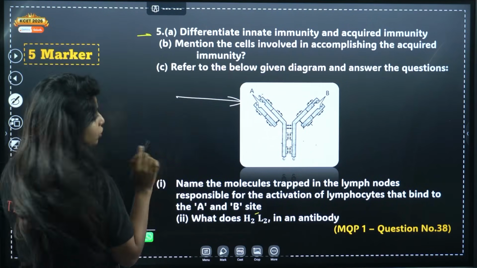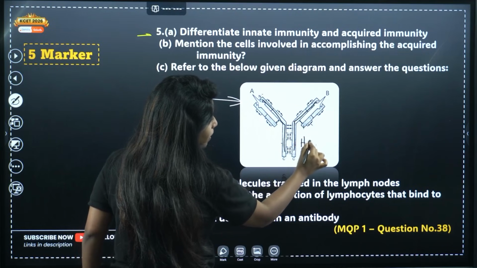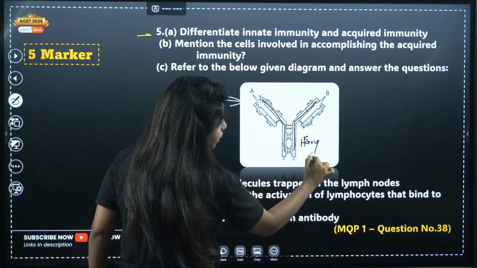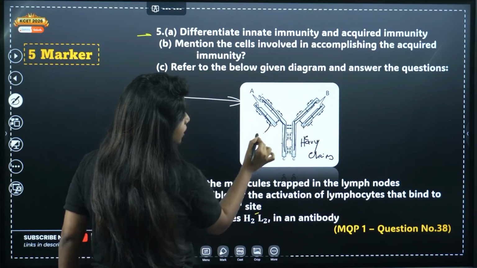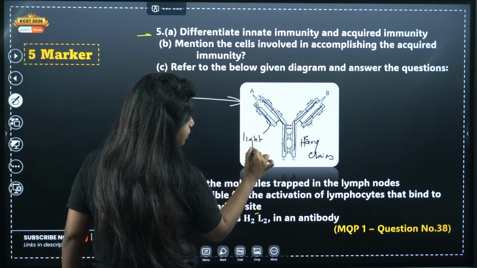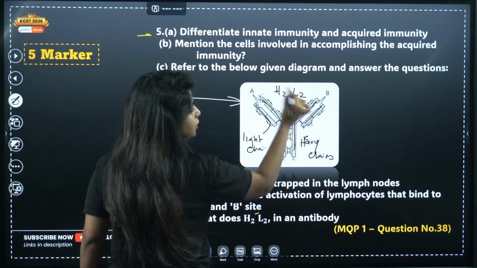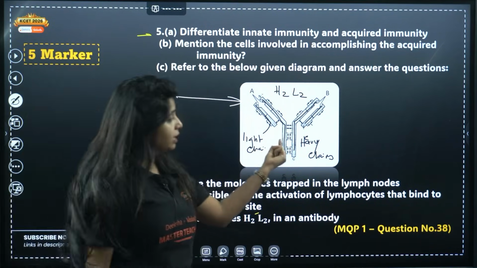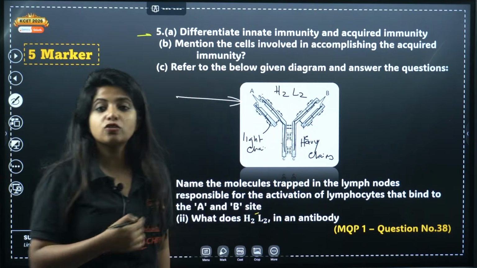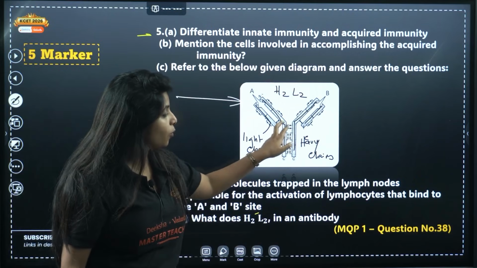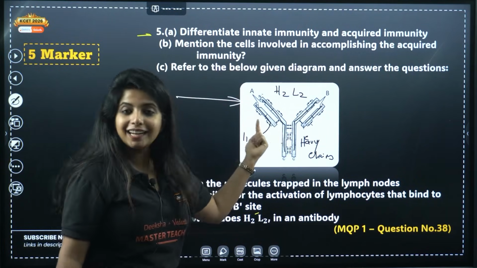And over here, if you are seeing properly, you have two long chains. You call these chains heavy chains. Now you see there are two small chains. You will be calling these light chains. So heavy chain is 2 and light chain is also 2, which is why you say H2L2. Now over here, between the two heavy chains, you see so many bonds. These are actually sulfur bonds. So there are sulfur bonds between two heavy chains, and there will be a lesser number of bonds between a heavy chain and a light chain.